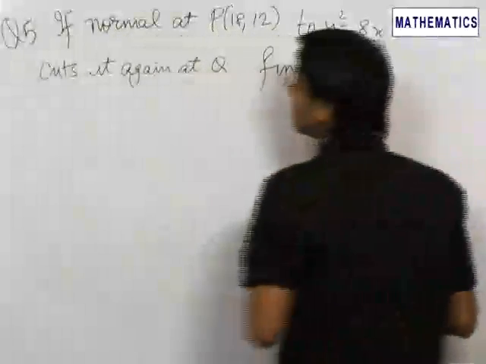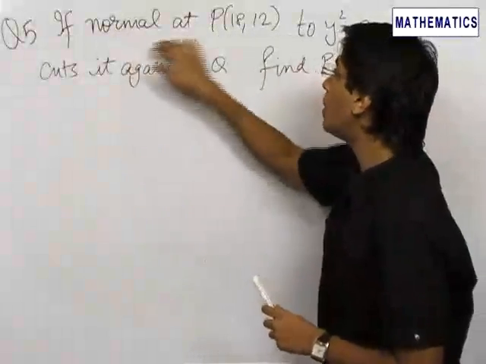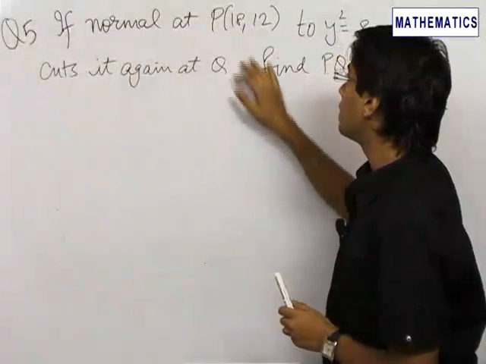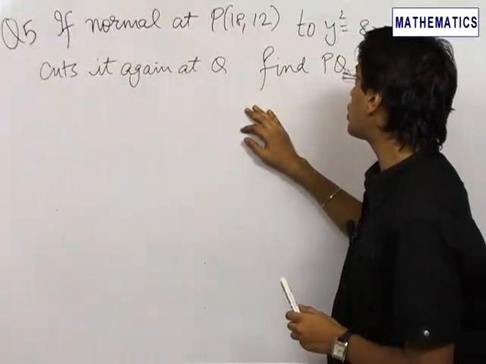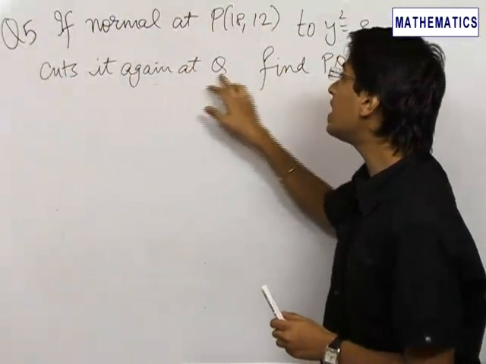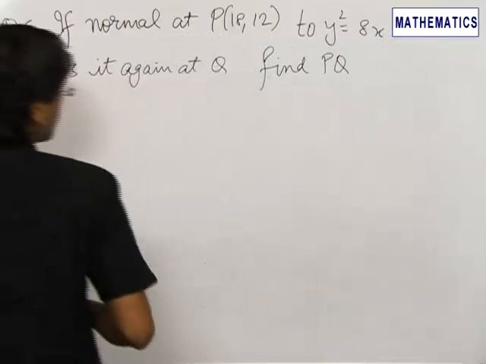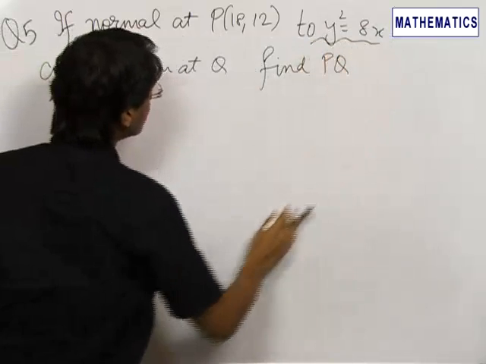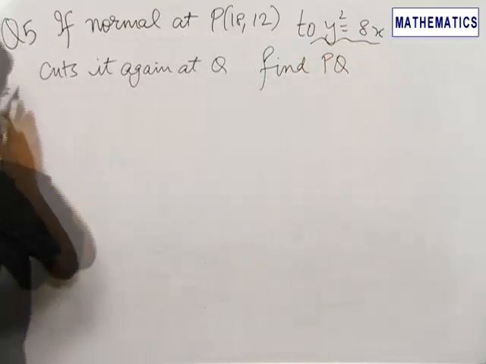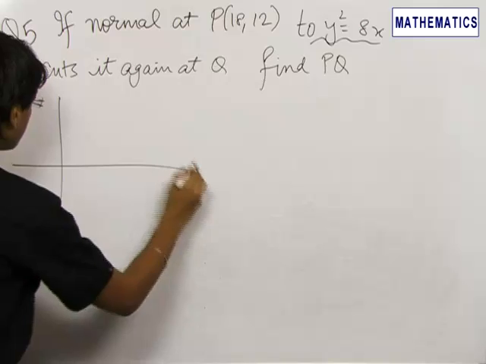In our next problem, we are given that if a normal to the parabola at point P, which is (18, 12), cuts it again at Q, then we need to find the length of PQ. Our parabola is given to be y square is equal to 8x. Starting by drawing the figure,